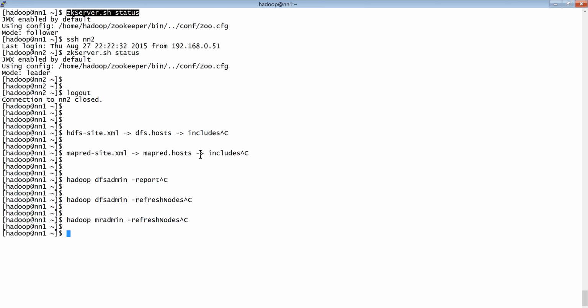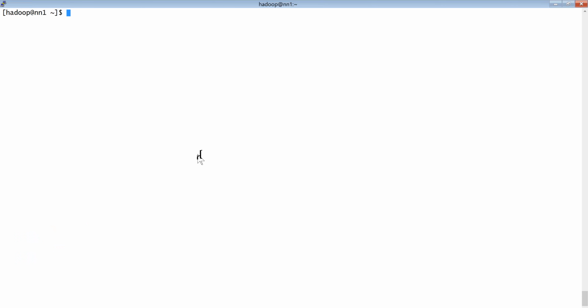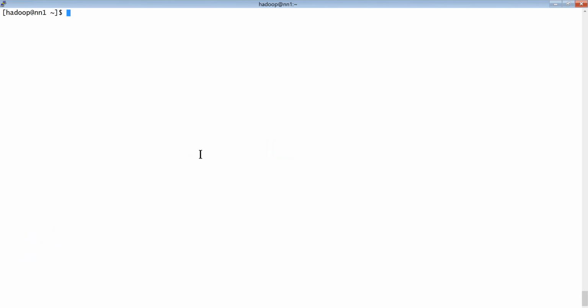Okay, this needs to run, and then start the data node and task tracker on the new data node. This is what you need to do for adding the data node on the fly. Okay, that's a simple way, and you can easily add a new data node as well as task tracker in the newer cluster. Okay, so right now I'm just giving a demo here to show you that the services are now